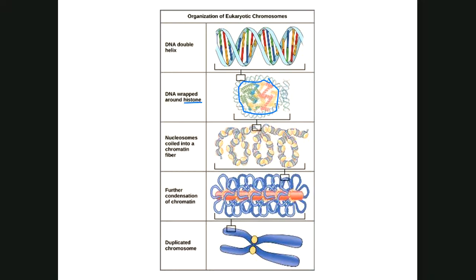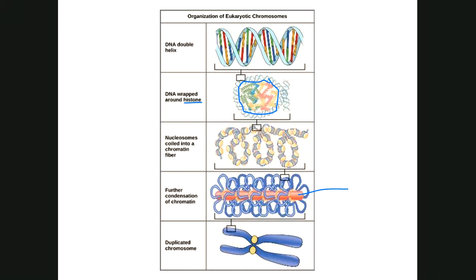All right, now, groups of histones with a bunch of DNA wrapped around make something called nucleosomes, all right? And those nucleosomes in the third level get coiled into this thing called a chromatin fiber. Now, then you jump down below, the little loops that are coming off of that red thing in the middle, this is called a scaffolding protein. Those loops that are moving around that scaffolding protein are made up of those coils of nucleosomes. And then a bunch of those loops together makes up that lumpy chromosome.